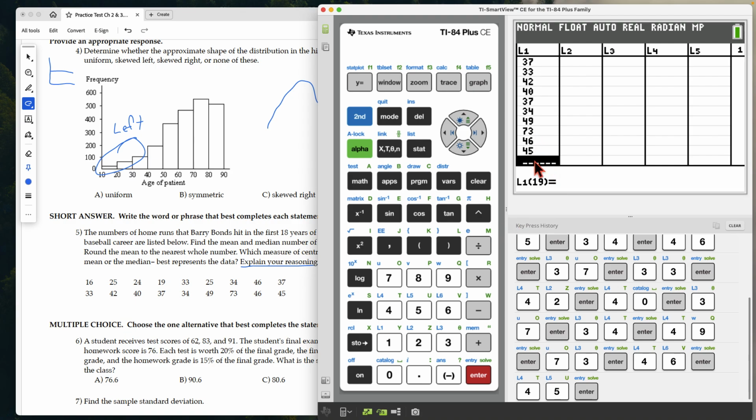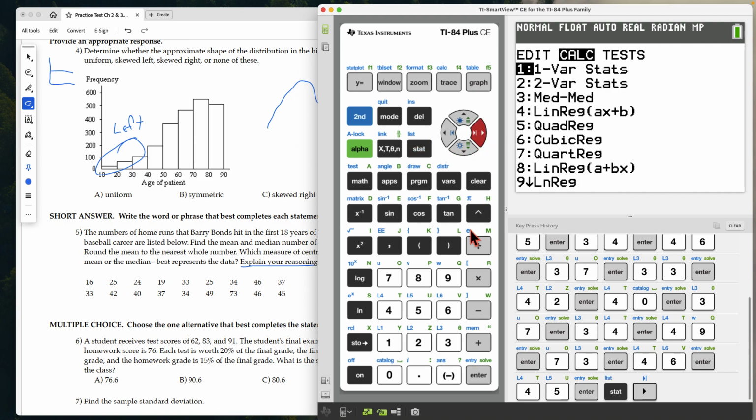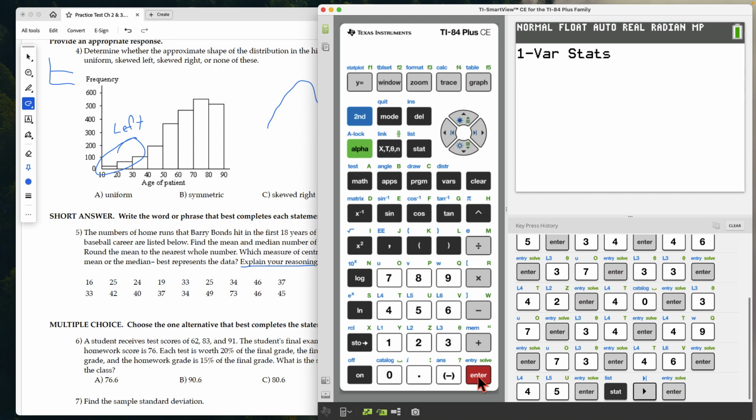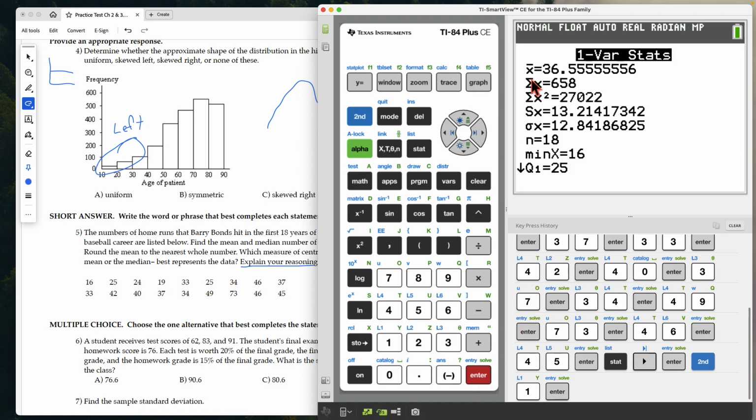Anyway, now we want to calculate, so we go to stat. Should have been more careful and checked everything. We're going to do one variable statistics. It's up here. Now the default is L1. I'm going to put that in there anyway, just as a reminder that you can always choose which list you're going to use. We hit it. The mean up here is, and the mean for the sample and the population is always the same because it's the same calculation,